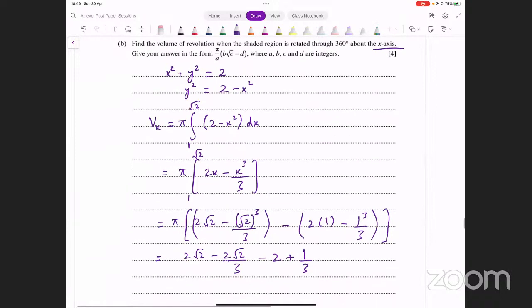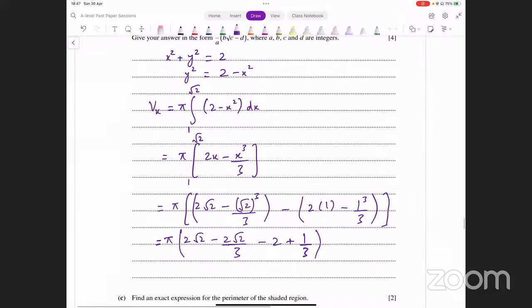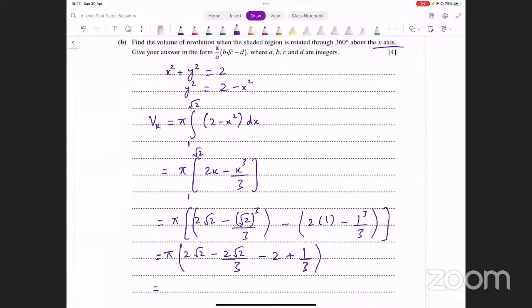ओके, ये हमारे पास आ गया। अब उसने क्या कहा है, आपको ये फॉर्म चाहिए जो उसने ऊपर दी हुई है, this whole thing has a pi outside as well. आपको उस फॉर्म में इसको लेके जाना है पहले तो। अब ये कैसे लेके जाएंगे, पाई तो ऊपर आ गया कॉमन, that's okay, they also want something common in the denominator, सो 3 जो नीचे है उसको कॉमन ले लेते हैं बाहर। अगर हम 3 को बाहर कॉमन लेते हैं तो हमारे पास अंदर क्या आता है, pi over 3 inside we're left with, इसको 3 से मल्टीप्लाई करना पड़ेगा, राइट, सो इट बिकम्स 6 स्क्वायर रूट ऑफ 2 माइनस।